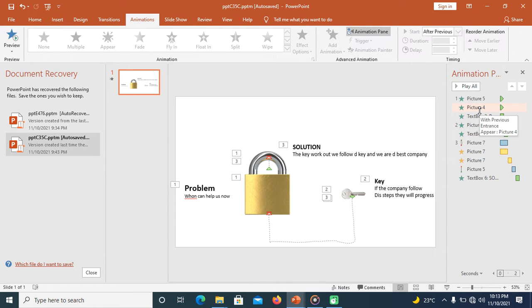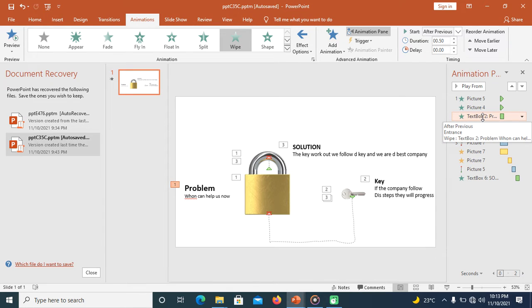So these two come together to play. Now this text also comes with them because it's number 1. He has the right to come in with them as the first guy. But the problem here is this: these two are coming together into the scene with appear. Now instead of this guy appearing with them, there is another animation.